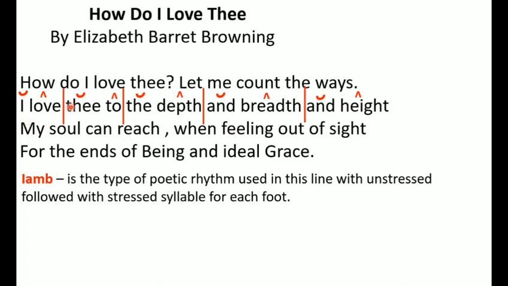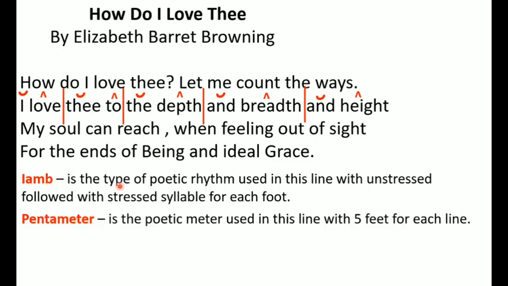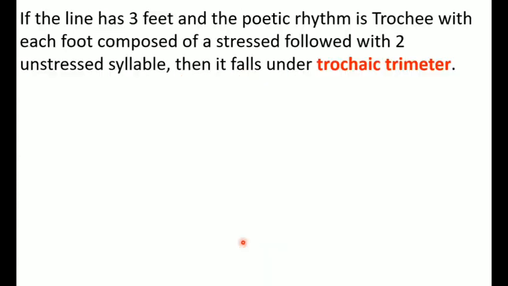So we have here, each foot is composed of unstressed followed with stressed. So this is another example of iamb. Now, we have 5 feet for each line. So the combination again of iamb and pentameter is called iambic pentameter. Now, if the line has 3 feet and the poetic rhythm is trochee,